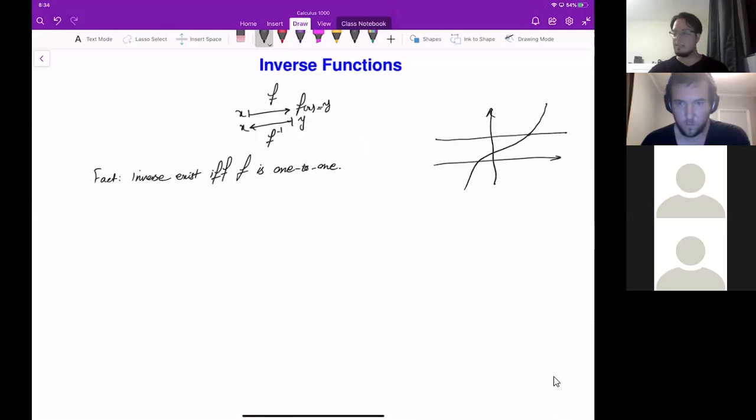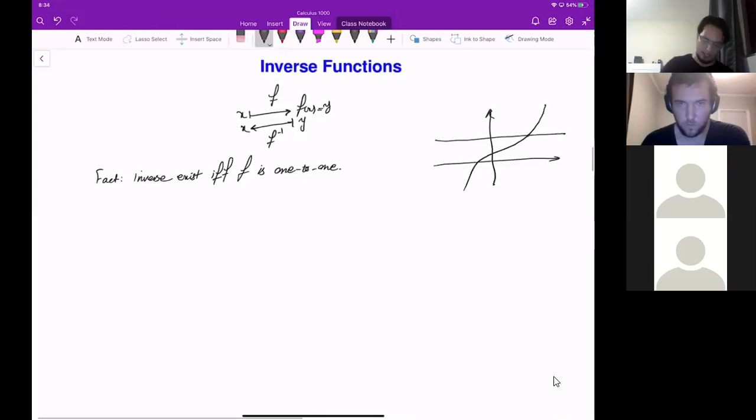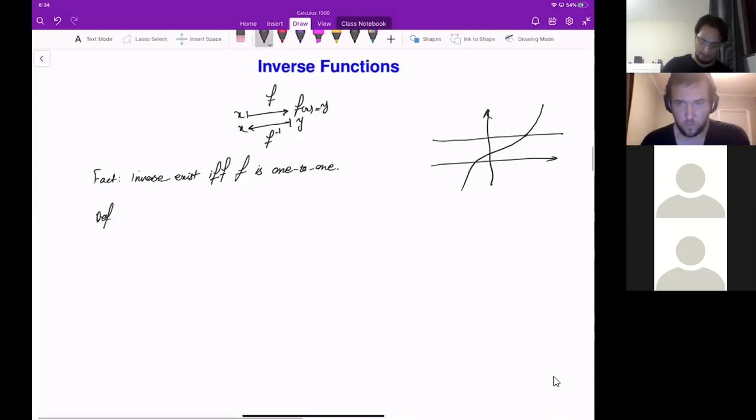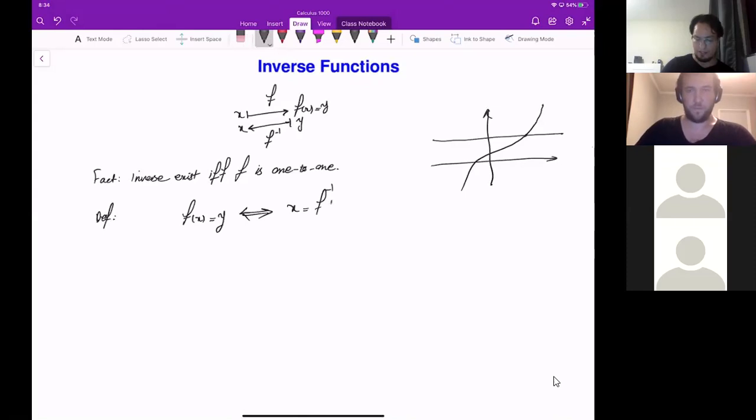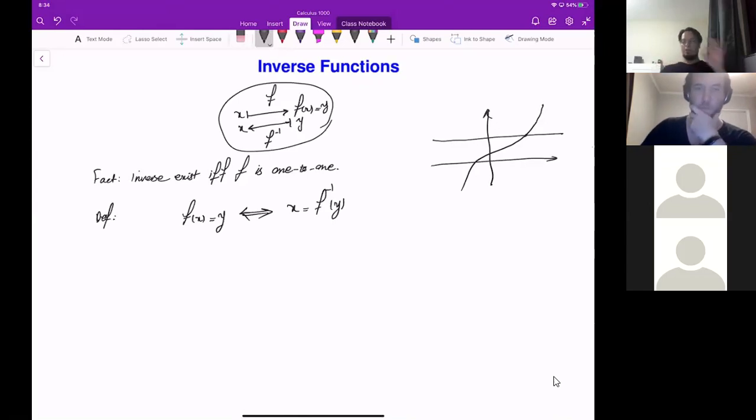The second thing that I want to mention here is the way it is defined: y is equal to f of x, then x will be f inverse of y. So that is exactly what I said here. If your function takes x to y, the inverse function would take y to x. For example,